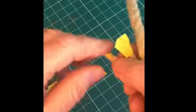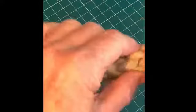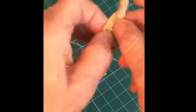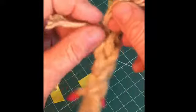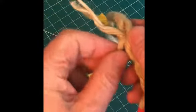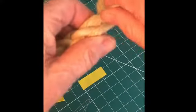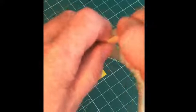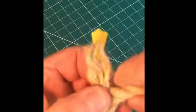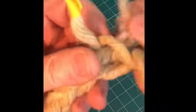The next method is to remove your tape end, and now we're going to separate the strands, and there's normally 7 or 8, so we're going to get rid of the 4 inner strands and literally just cut them close back to the lay of the rope, and then the remaining 4 strands we're going to twist together and splice them as before by going over and under the strand,